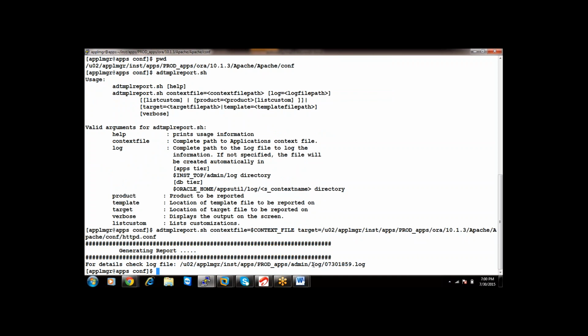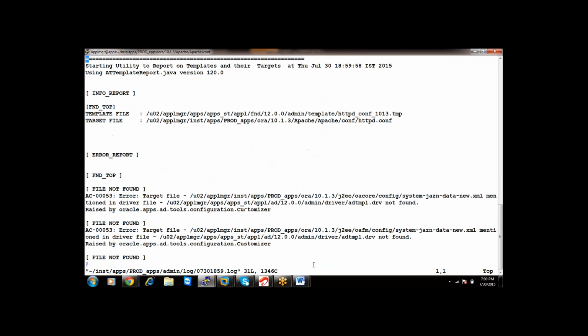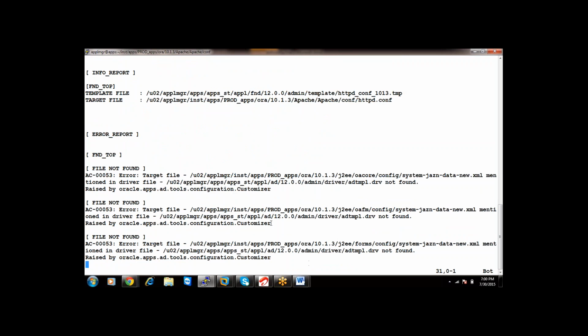If you open the log file, you can see over here at the last, the template file is this for the target configuration file. So what is our configuration file? httpd.conf. And what is the associated template file with that? httpd_conf_1013.